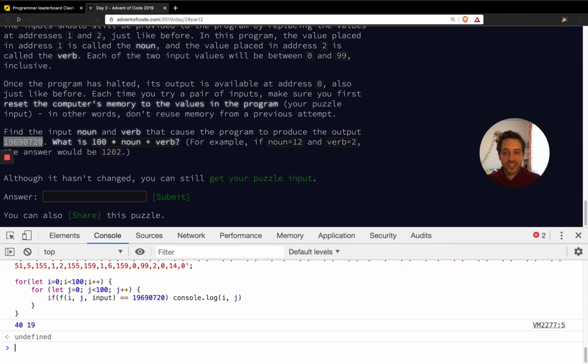We have 40 and 19, which is really good. It means that this is one possible solution. We don't know if there are many possible solutions, but anyway, what is really important is to solve this and give one solution. Here they ask us to do 100 times the first number plus the second number. So we basically just have to concatenate those two numbers. That's the same. And if we submit,